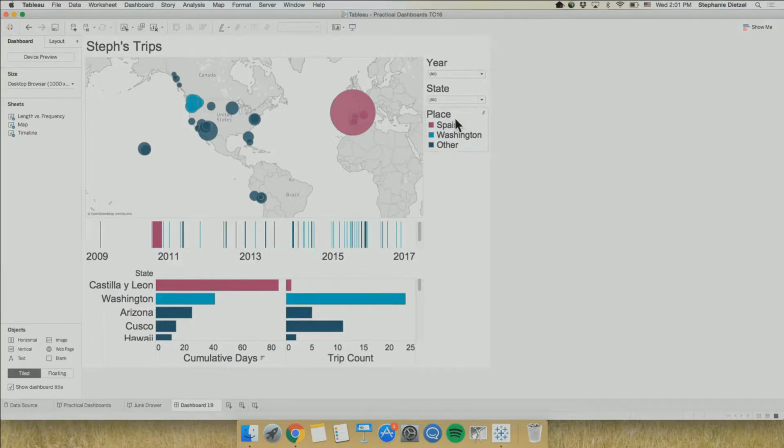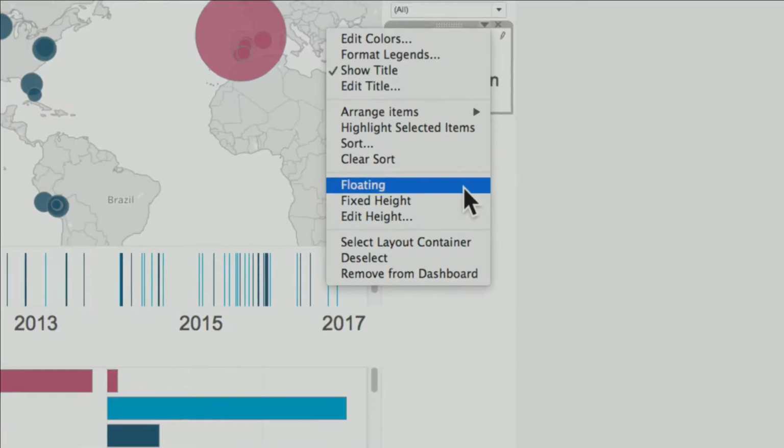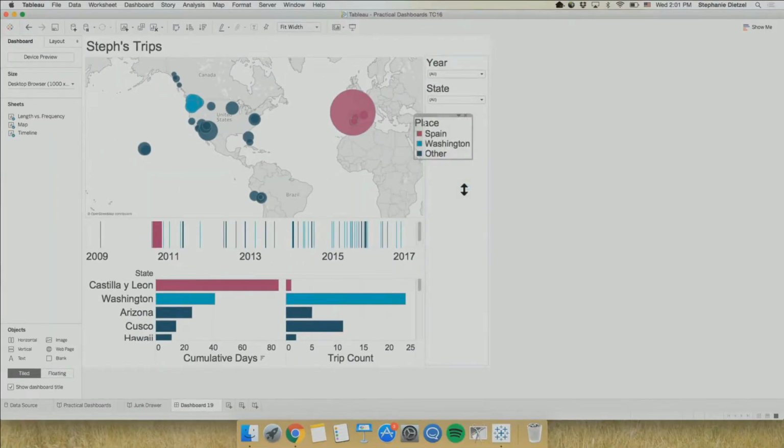What if I wanted perhaps this legend to be able to float over that tiled surface area? Well, in Tableau, we can do this too, and it's a mode called floating. And I can convert this content by opening the context menu. I have this option, it's called floating. When I click it, this little legend floats above all of that tiled content, and I can move it around